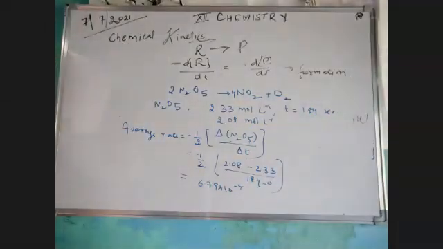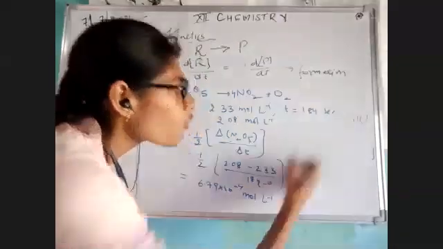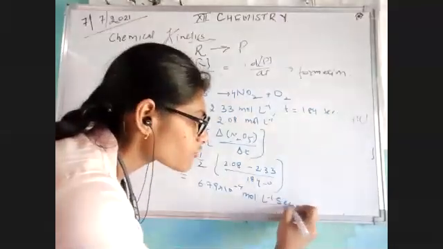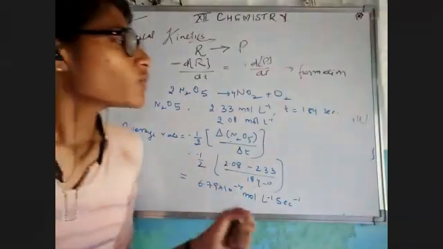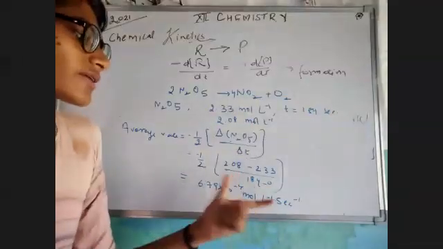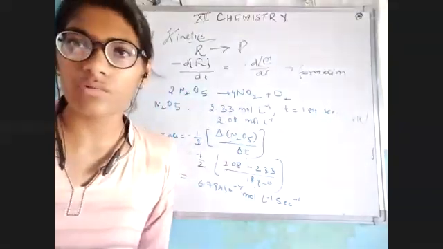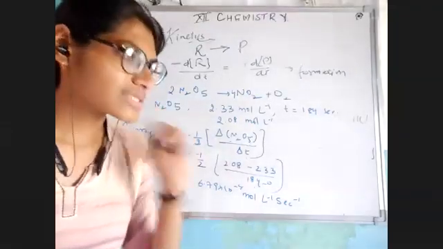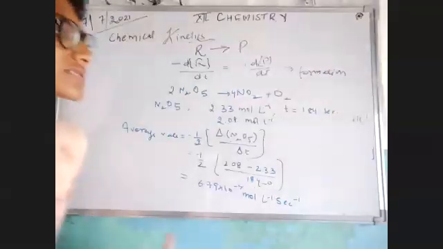Okay. And I have told you what is the unit of the rate constant. The unit is mole per liter, and 184 is given in seconds, so it would be per second. This is just a way to explain. Now, the question also asks you to change this average rate which you have calculated in terms of minutes and in terms of hours. You can easily calculate by dividing with 60, by dividing by 3,600, and so on. That's not our interesting topic.